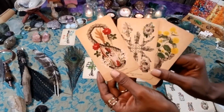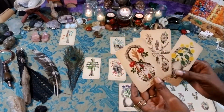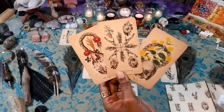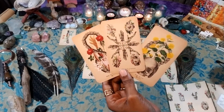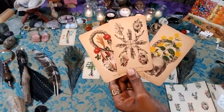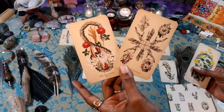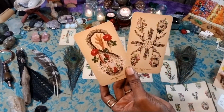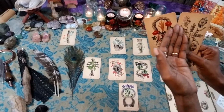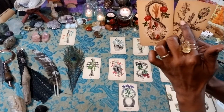We have the Magician, the Wheel of Fortune, and the Sun. How we got here, at least according to the guidebook, is the Wheel of Fortune is associated with number 10. You could either leave it as the base number 10, or you could break down the Wheel of Fortune further by taking 10 and saying 1 plus 0 equals 1. So that is how the Magician and the Wheel of Fortune are companion cards. They really show us beginnings, new beginnings, and endings, and it's both. It's like a cycle here. There's a continuous